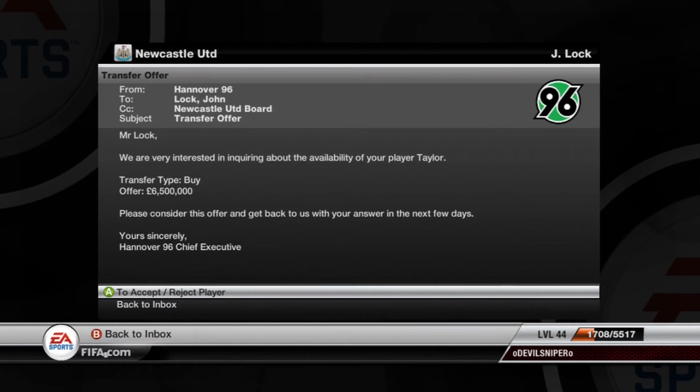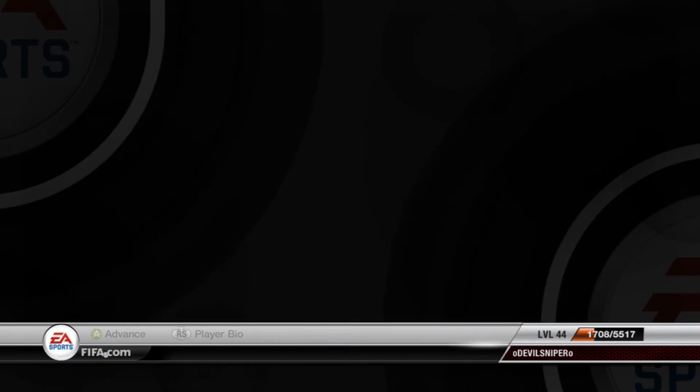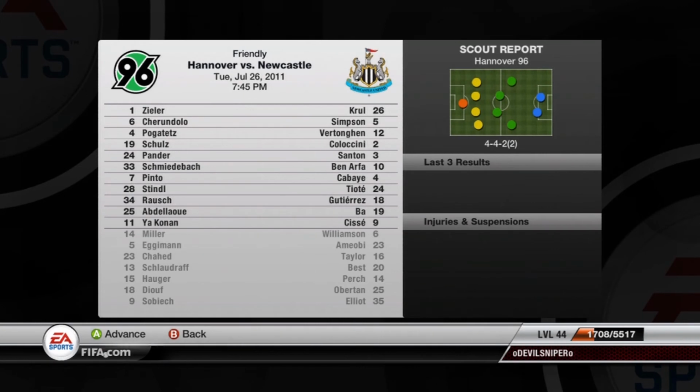But I thought to myself, I could do with the money. Do I really need him? I've already got a centre back, and if needs be, I've got Williamson to cover. So I took the money, to be honest. I needed the money, realistically, to give me some additional funds to go for the two players I'm going to